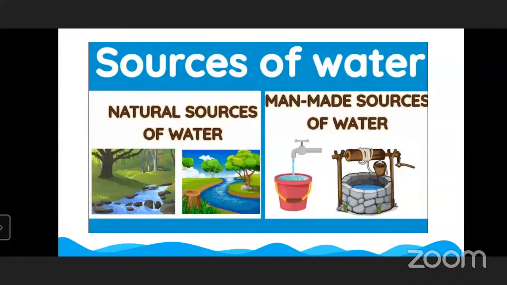They are all man-made sources of water. They renew, means fill again, when rainwater falls directly into them. Understood? Now moving to the next slide.